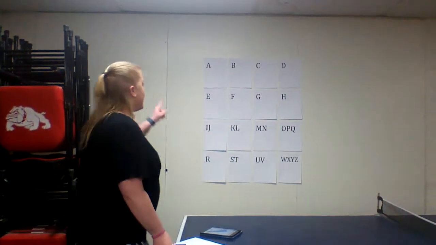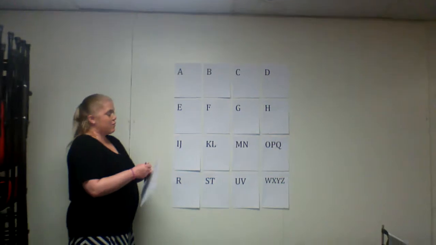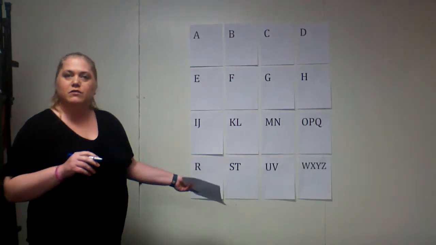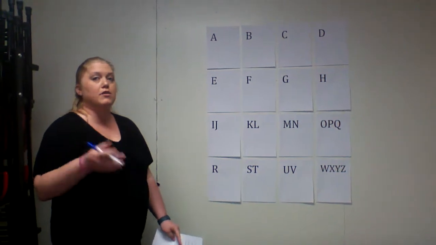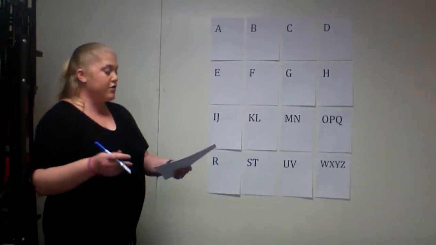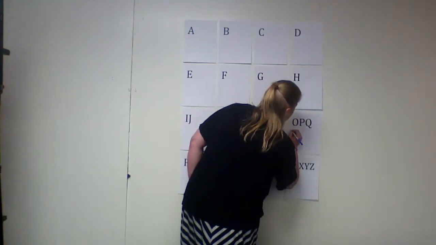Now, what I've created here is our word wall. Some of you might know what a word wall is. It's just a collection of words that you can refer to when you're writing something or when you're thinking about something. And we're going to fill out the word wall with our terms. Our first one is poetry. So we're going to write poetry.